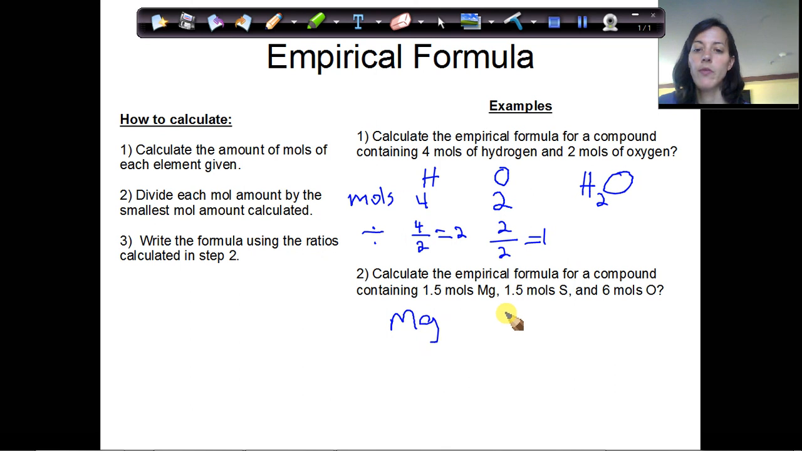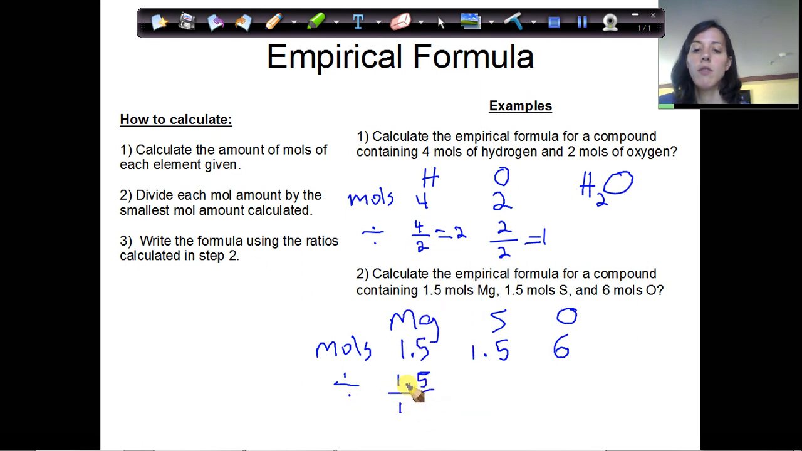magnesium, sulfur, and oxygen. And for moles, we have 1.5 moles of magnesium, 1.5 moles of sulfur, and there are 6 moles of oxygen. So we need to divide each mole amount by the smallest mole amount calculated. So in this case, the smallest amount happens to be the same for 2 different atoms. That's okay. The step doesn't change, it's just 1.5